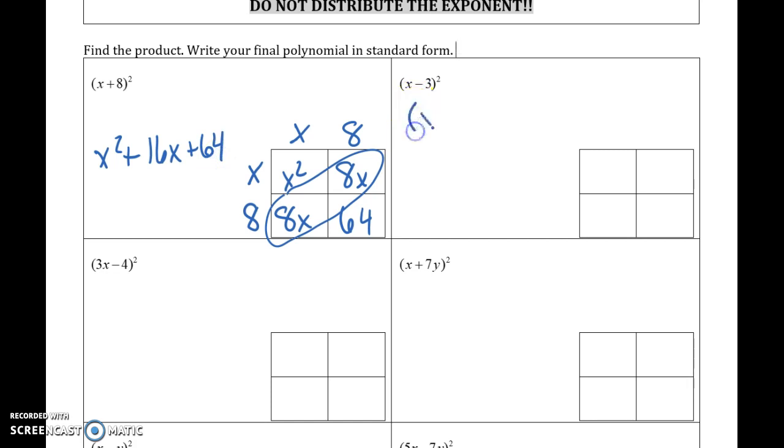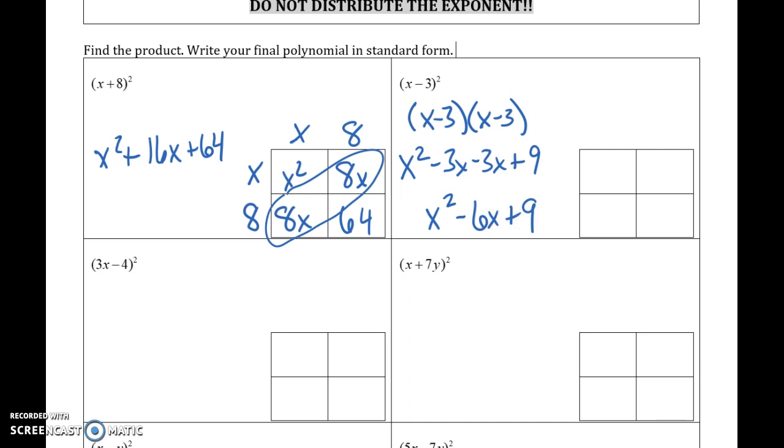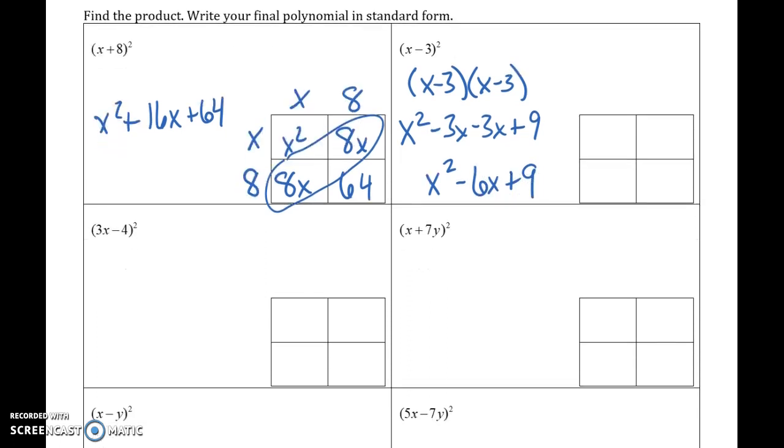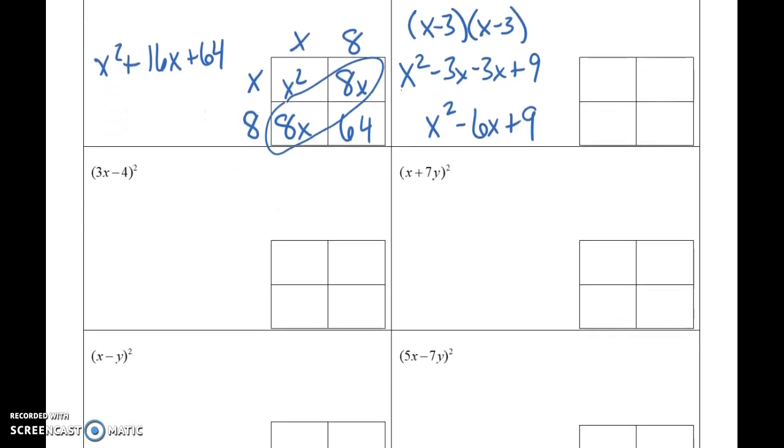Okay, if you don't want to use the box, and maybe if you don't have the box, you wouldn't bother to draw them, then you can do it like this and FOIL first. So first one times the first one. Outside: these two terms are on the outside, so minus 3x. Inside is minus 3x, and last is going to be plus 9. And then you combine like terms here in the middle. And then that's that. So however you choose to do it,